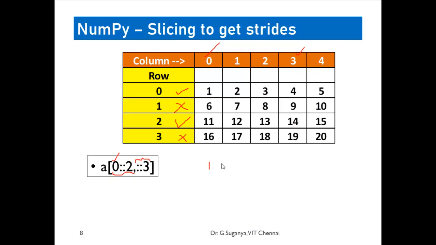Now coming to the intersection of whatever will be printed. It will print 1 and on the same row it will print 4. So this will appear as one list, because it falls into the first row. Then coming to the second row, what will be expected? It should print 11 followed by 14.